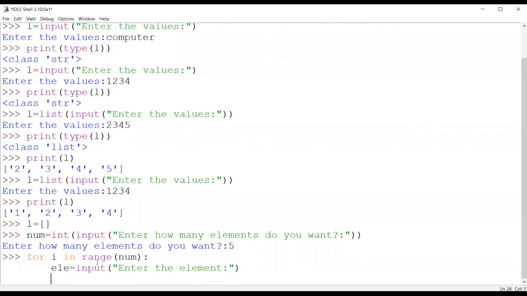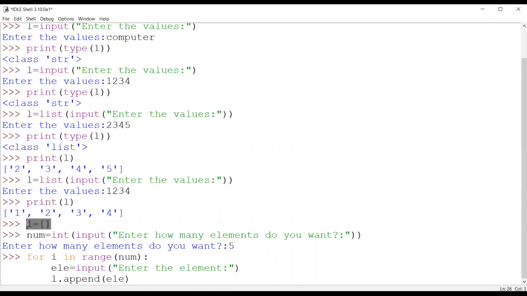After that, once your ELE variable accepts the element, what do we need to do? We are going to add that particular element into the list, and for adding this element into my empty list, we have the append function.